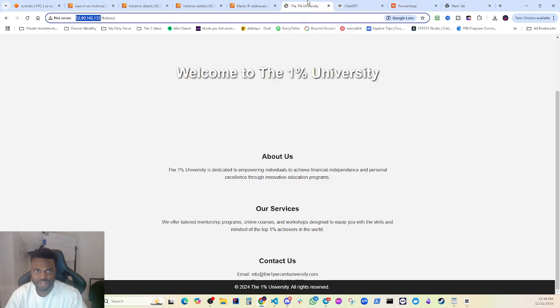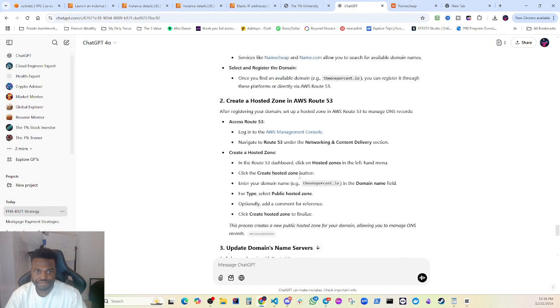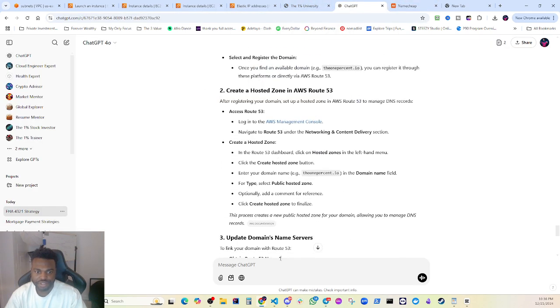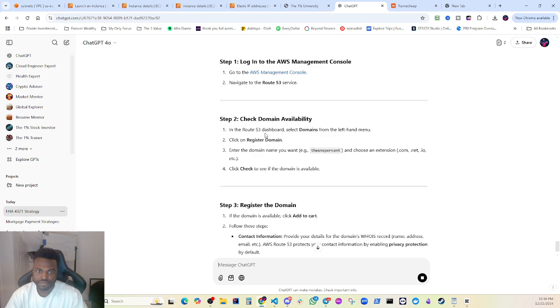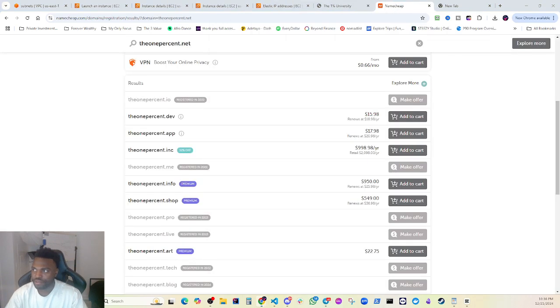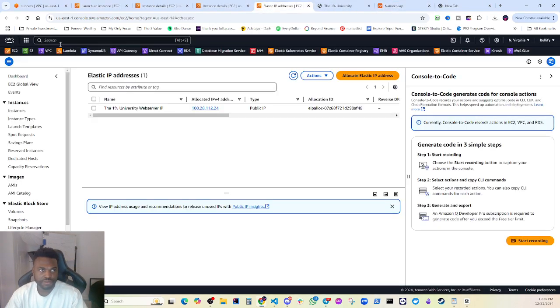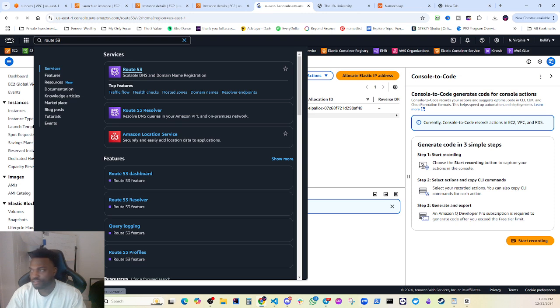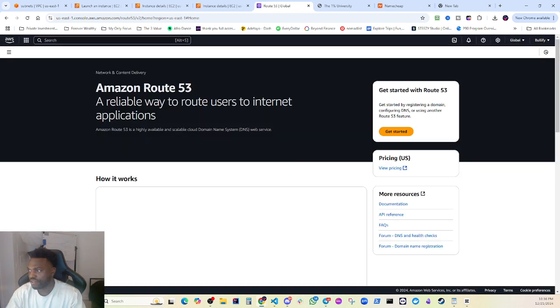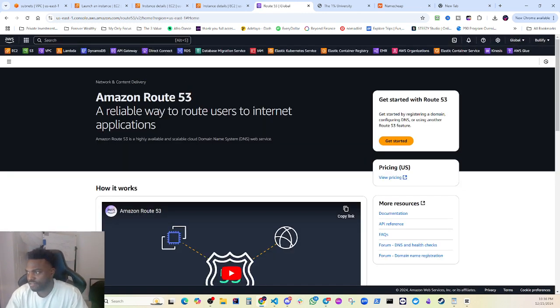Anyways, let's go to Route 53. Create a hosted zone. How can I create a domain using Route 53? Let's see. Alright, so I'm going to put this to the side. Now just follow the steps. I'm going to go to Route 53. That's amazing. I never actually set up a domain with Route 53. I've only connected to DNS stuff. So